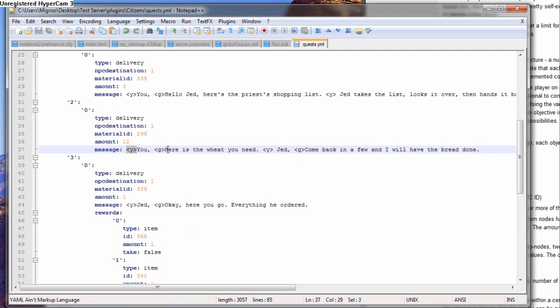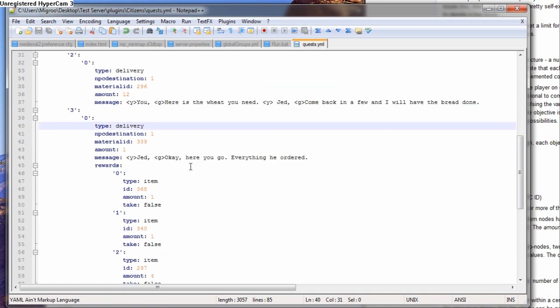And in case you're wondering, the little Y and the G and the Y and the G here aren't actually going to show up in game. They're coloring, saying that everything after this until you see another one with the same style is going to be yellow. And then, okay, time to change it: green, yellow, green. I'm not sure what all colors you can use. I was just using yellow and green because I saw somebody else using them.